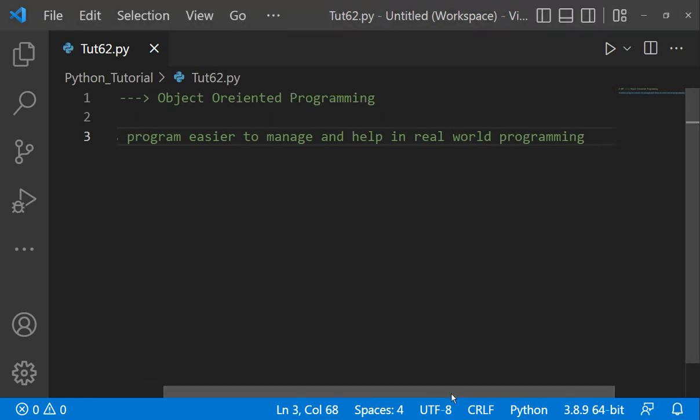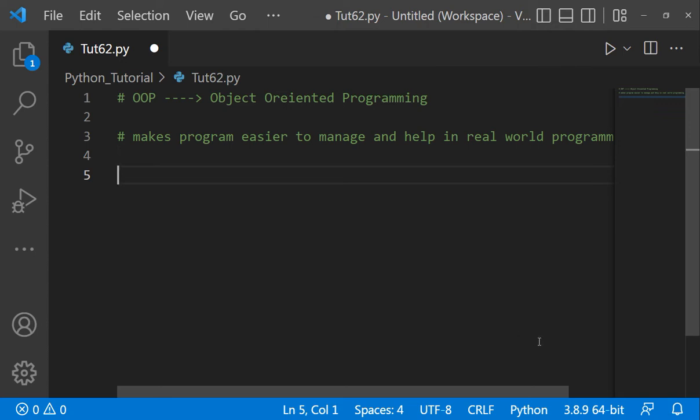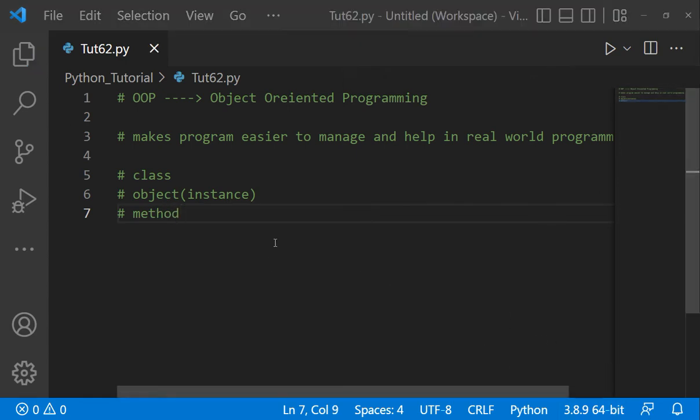So guys, in object oriented programming, you'll come across some new words that are class, object, and object is also called an instance, right? And then there's method. So let's see what is a class. So with the help of a class, we decide what will be the object of our class and what will be its functionalities. Okay,